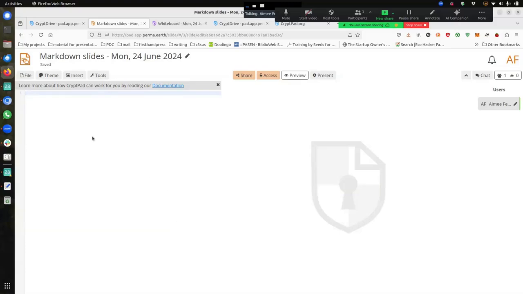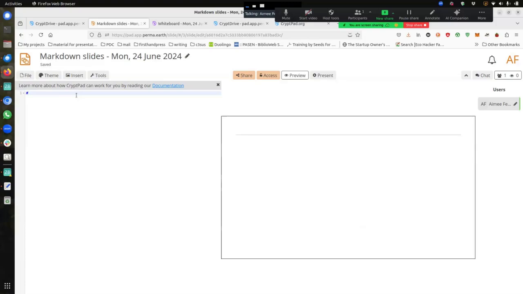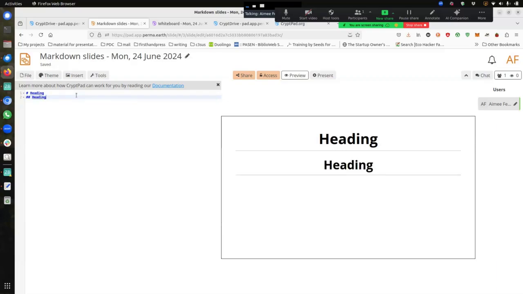The Markdown slides use Markdown. So if you don't know Markdown language, then you should have a look into this. It's quite simple. And let's see if I remember right. So you make a heading. That's a heading. And the more hashtags you add up there, the smaller it gets. There you go. So once you get the hang of the Markdown, which is pretty simple,